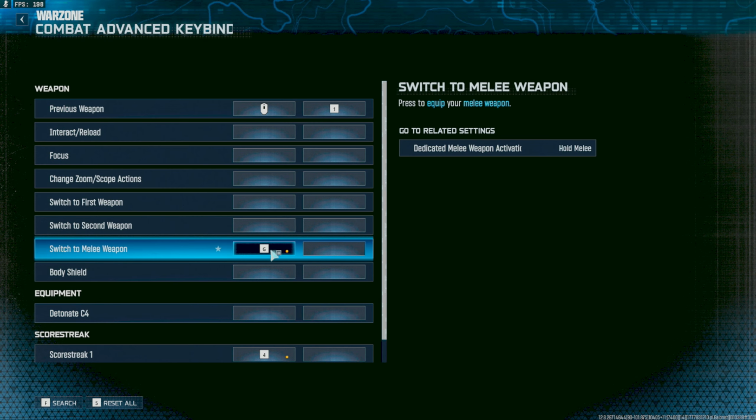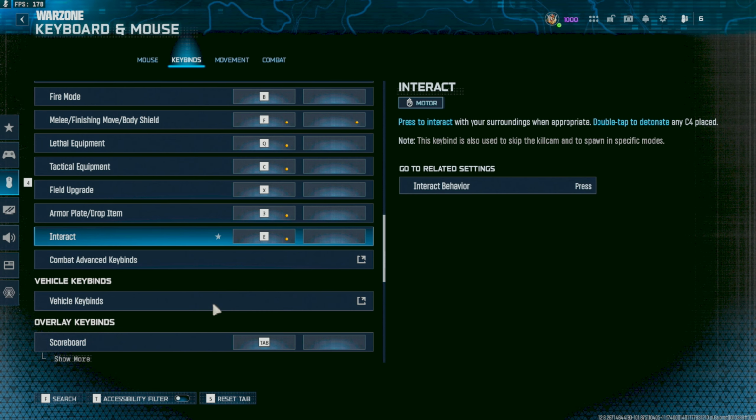Now, this is a big setting as well. It is switch to melee weapon, and this allows you to not end up meleeing the air. This just switches directly to the melee weapon, and this avoids that. That's what I have there. Then